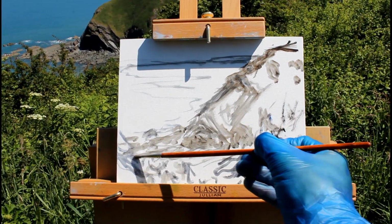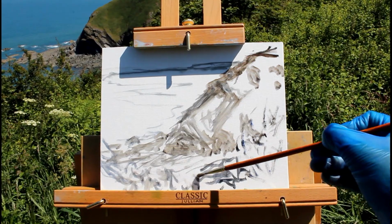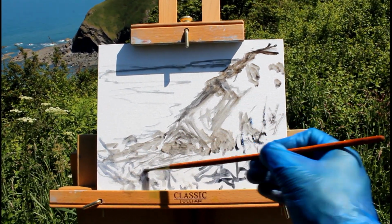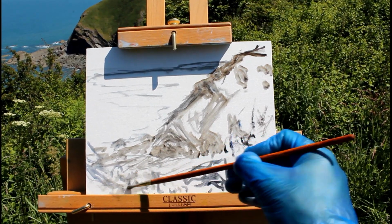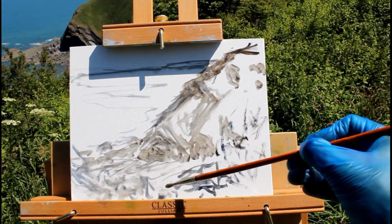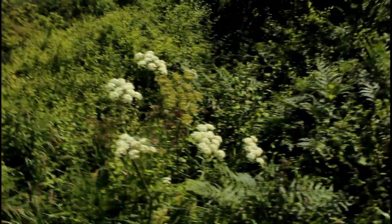I'm losing quite a lot of the water through here, so I'm going to have to try and put that in and then think about the trees just in front of it. If at all I put the trees there, I may actually take the trees out, just run it into blue and see how that looks, and then just keep the trees on this side. Now there is some